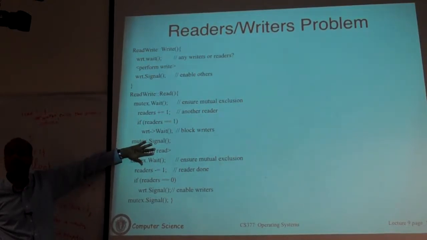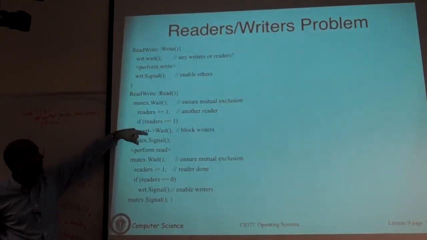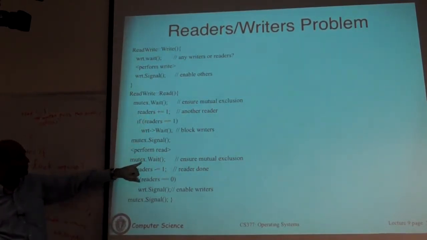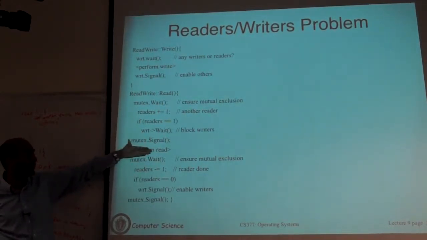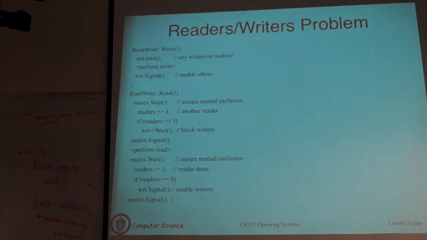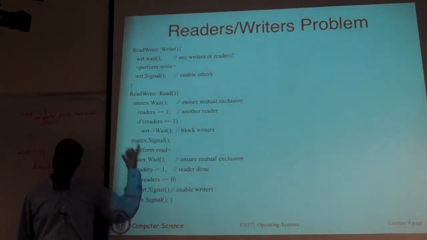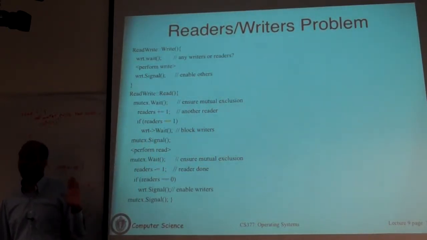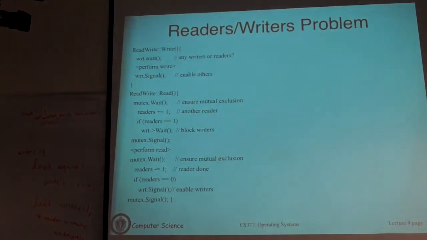So this read is not protected by a lock, because we are only using the lock to increment the number of readers and block any writers. And then you do the reverse. Once you're done reading, you decrement the count. If the number of readers goes to 0, for the last reader in the system, you unblock the writers. So if there's some writer waiting, it's time for that writer to go ahead because there are no readers left at this point.